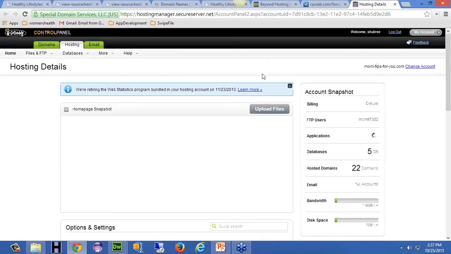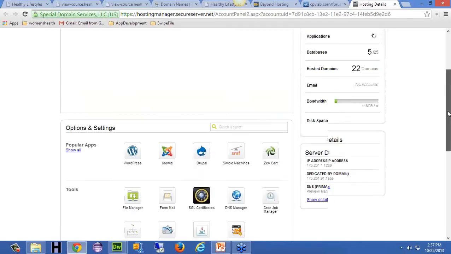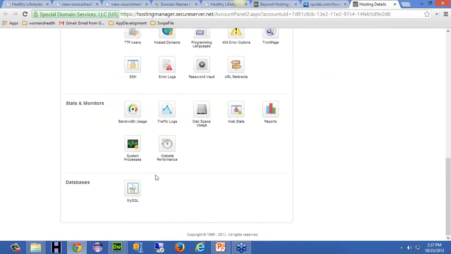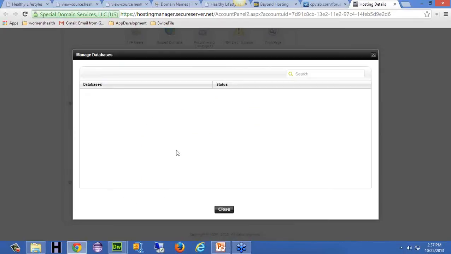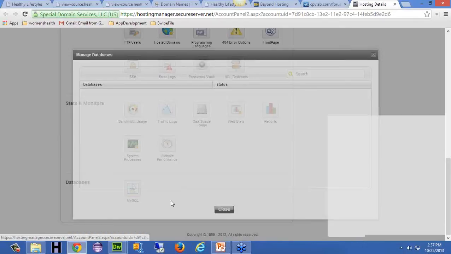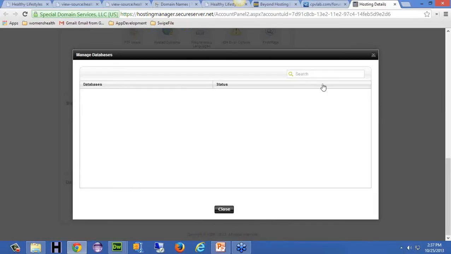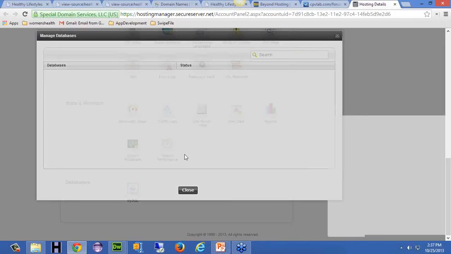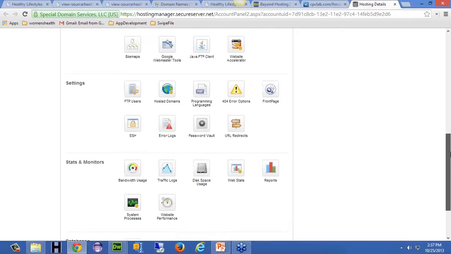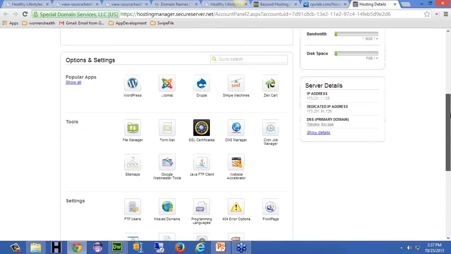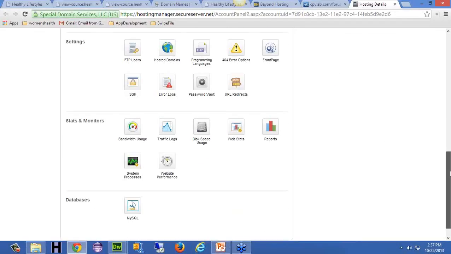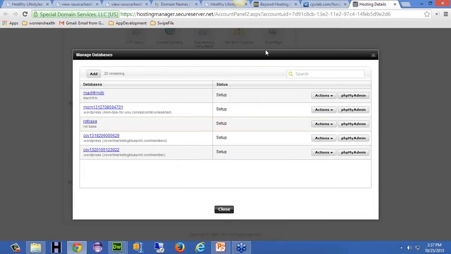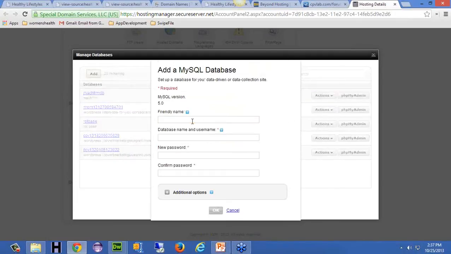All right, so you're going to find your hosting that you're using for Dreamweaver, and then scroll down, and you're going to find MySQL. So you can see here, MySQL. All right, click on MySQL, and it's going to show your databases here. But we want to create one, but it's not showing up here. Let me see. Here we go. Okay. So what you want to do is then click on Add and give it a friendly